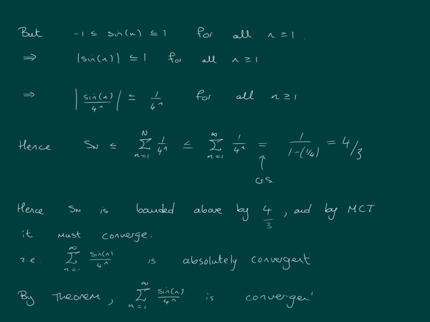Okay, so this theorem came in very handy because we had quite a complicated series. The sin n has strange behavior. It hops around as n gets larger, from -1 to 1 and values in between. So its behavior is quite strange. But using the absolute value, we're able to compare that to the behavior of a much simpler series, a geometric series. So the theorem came in useful because it allowed us to compare this complicated series to a simpler one and show that it converges.